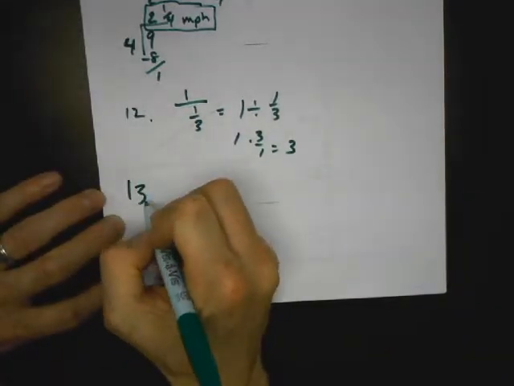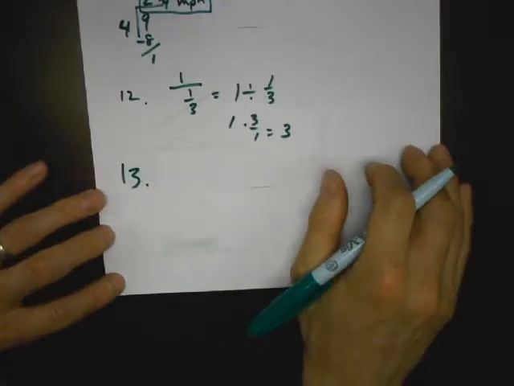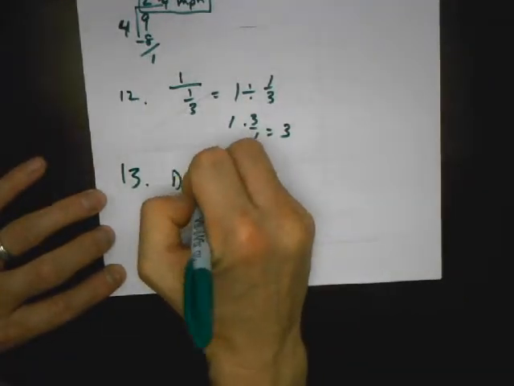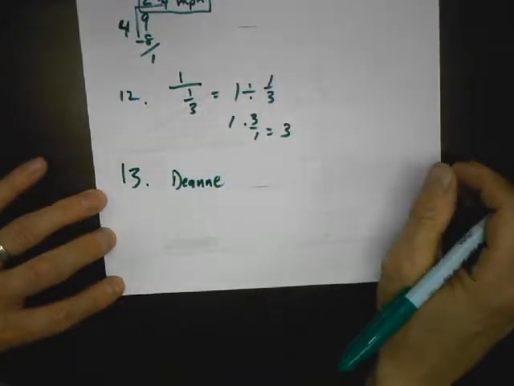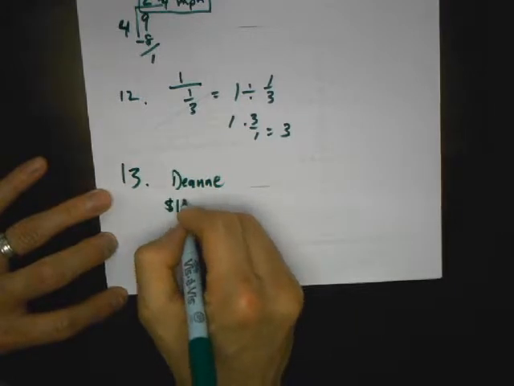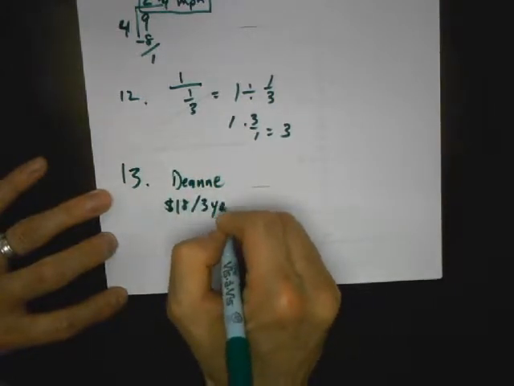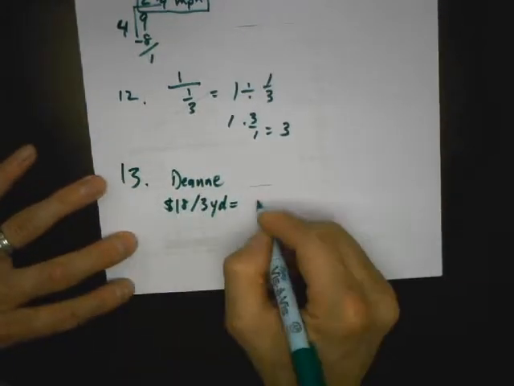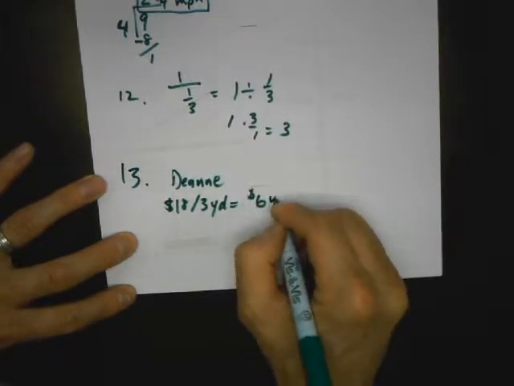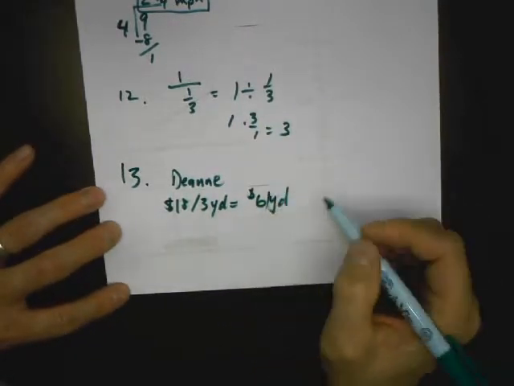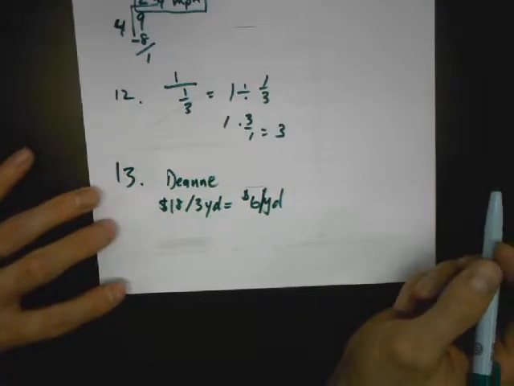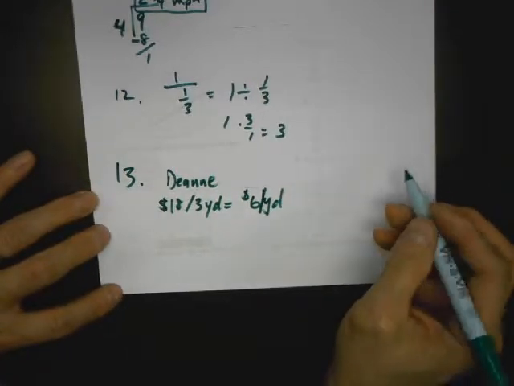Number 13. Deanne paid $18 for 3 yards. Well, that's division, right? 18 divided by 3 means she paid $6 a yard. $6 a yard. Okay, that's a slash, not a 61. Okay. Then we have